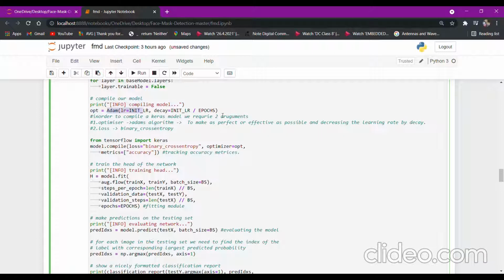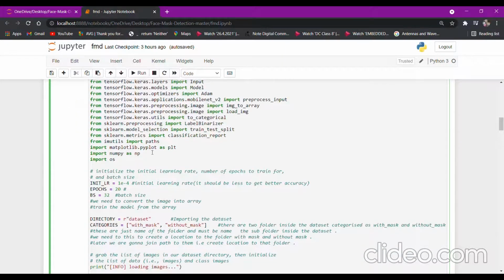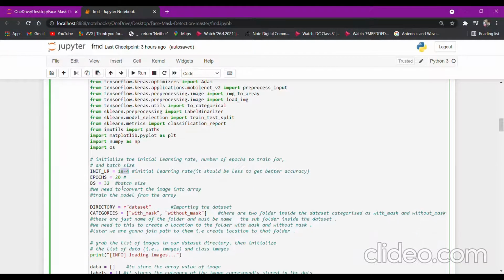Basically the use of optimization is that it makes our model more effective and closer to the realistic nature. And here we are passing the initial learning rate which we had initialized in the beginning of the code, that is 0.00004.